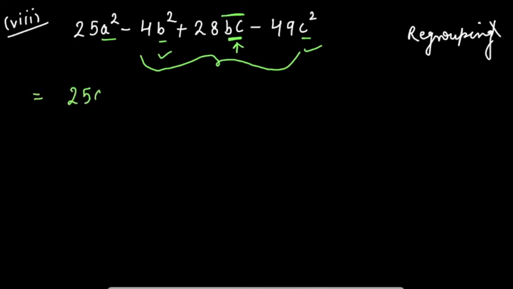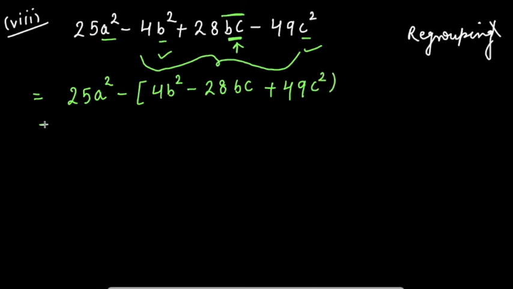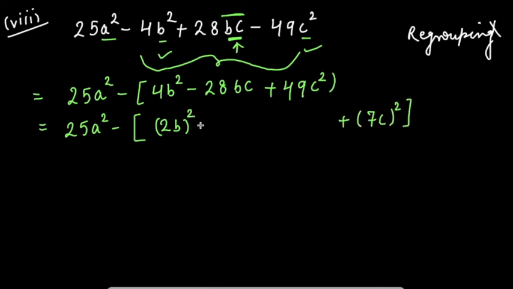So keeping the first term as it is, if I take minus common for b square, this becomes minus b square, minus 28bc, because I have taken minus common, the sign will get changed, it becomes 49c square, right? Now again 25a square as it is, this minus sign as it is. If you see, this is your 2b whole square. What is this? 7c whole square. There is a minus sign. This is same as question number 1 now, and if we solve, we are getting minus 28bc.